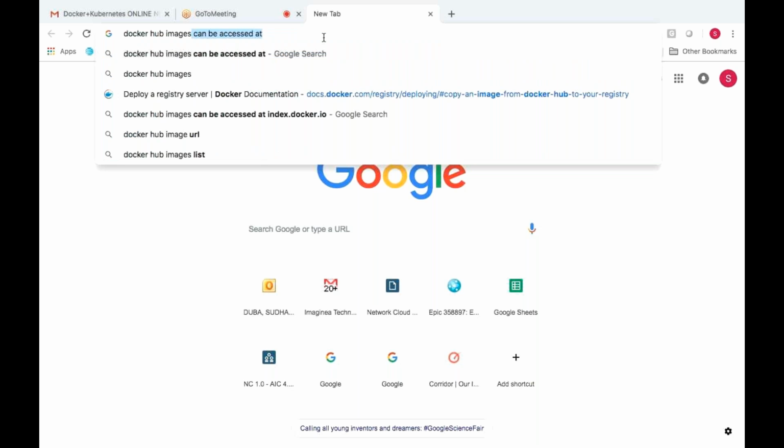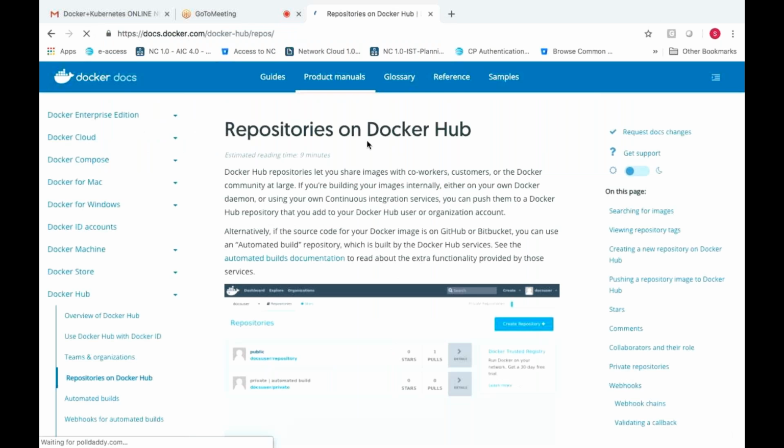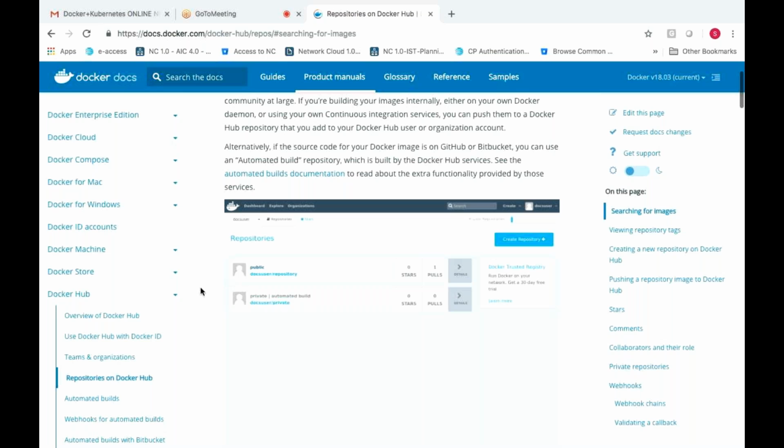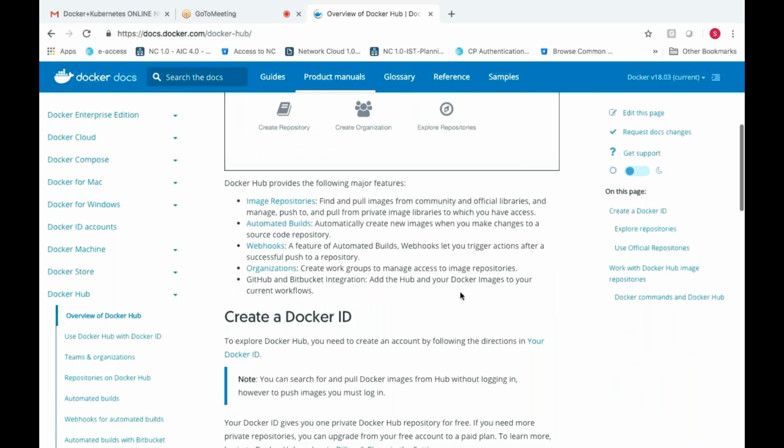Docker Hub will have all the available images, and the Docker team will validate whether an image can be used or not, trusted or not, whether it is an official image or not. You can search from the CLI also.